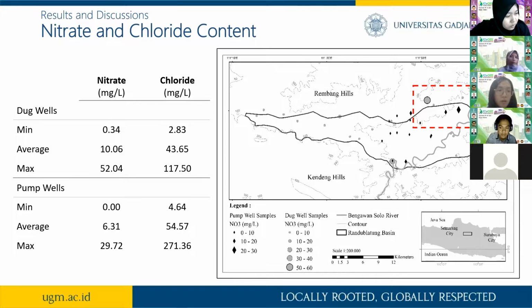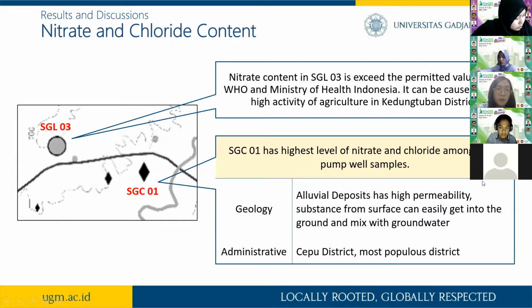So we can see here that there are samples that exceed the permissible limit, and also here is the location of the samples that exceed the limit. The first one is SGL3. The nitrate content in SGL3 exceeds the permitted value from WHO and Ministry of Health Indonesia. It can be caused by the high activity of agriculture in Kedung Deman district, because 10% of the agriculture area in